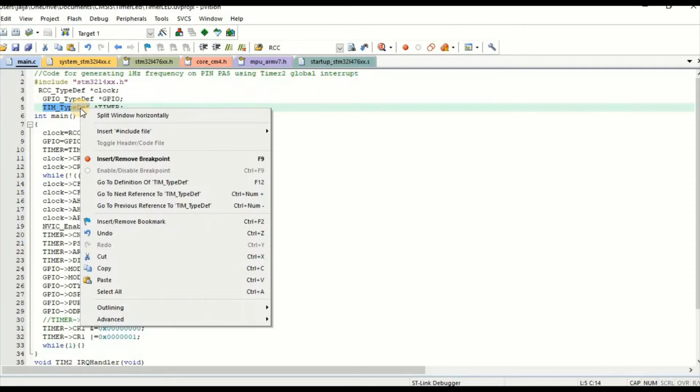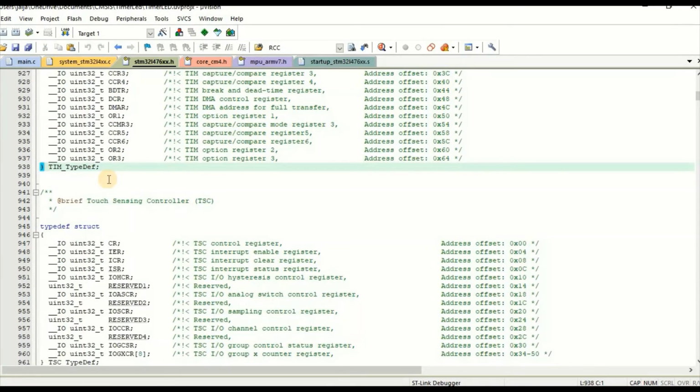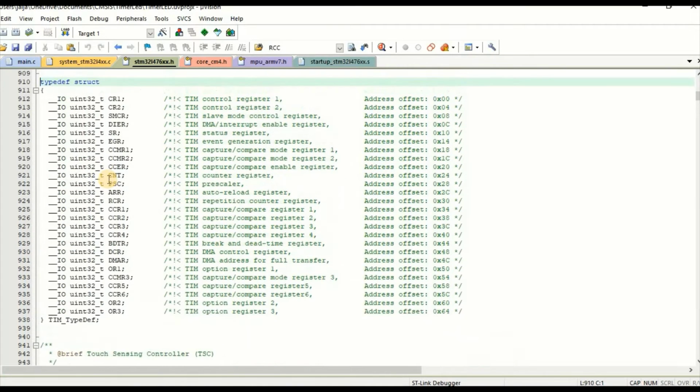We have not put them locally but treated them as global. So go to definition. So it is the structure of timer which has the timer variables, timer registers. So these are the registers.